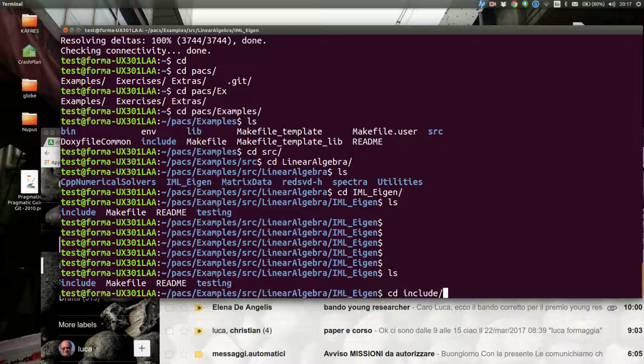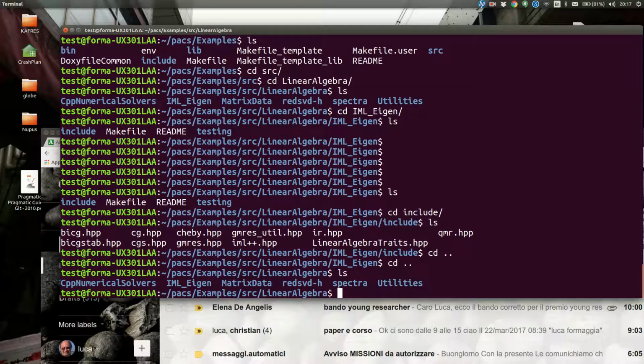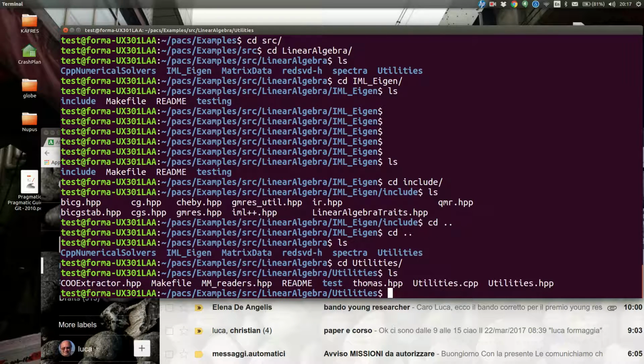Now in the include file, first of all, you find a little bit of stuff, the one that we have seen in lecture. But if you go to the linear algebra, so you go up one directory, you have this directory called utility. Now, in this utility, you find different things. The most important thing is this mmreaders.hpp,